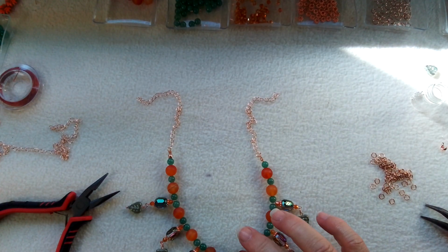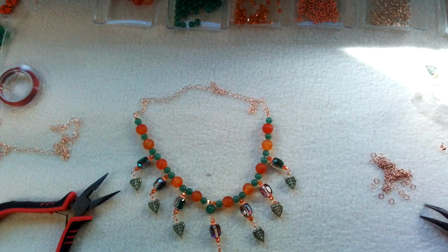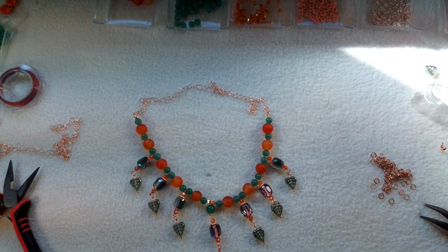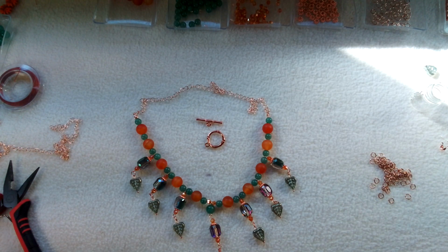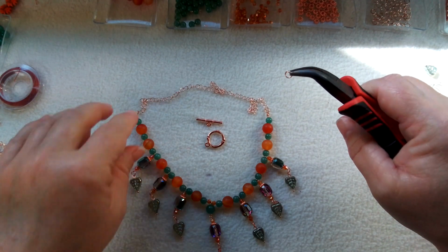So here we have it so far. Very, very pretty. I do like this. Alright, so we can get out a toggle. And a couple more of these jump rings. These are 6mm jump rings. I never did touch the 8mm, so I just used the